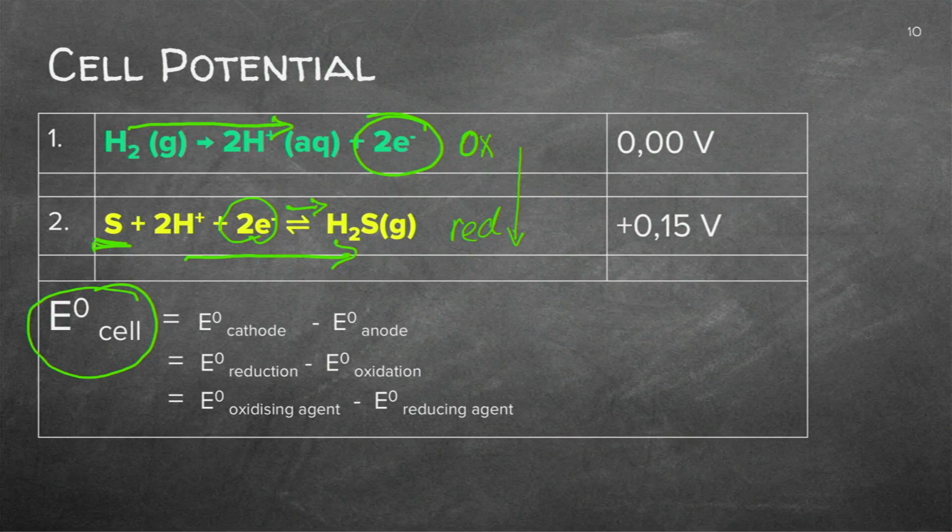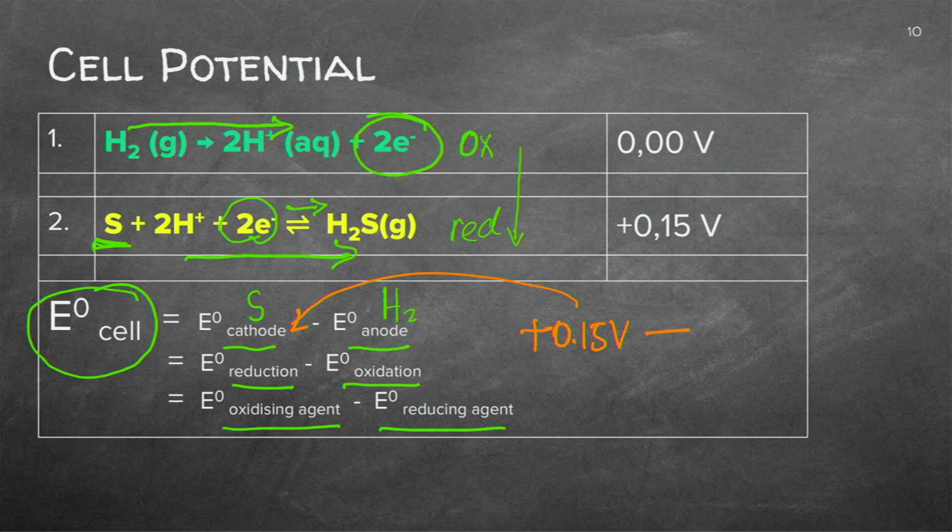What am I going to do when I have to work out the electrode potential of the cell? I can use either the cathode, anode, reduction, oxidation, oxidizing or reducing agent. It doesn't really matter as long as you know that the hydrogen is now the anode, and obviously the sulfur will be the cathode. So if I take these values that I've got in my table, it will be plus 0.15. Do you see that being substituted there? Minus 0. So my answer will be plus 0.15 volts. It will be a spontaneous reaction and it will be exothermic. We've done that in the previous lesson.